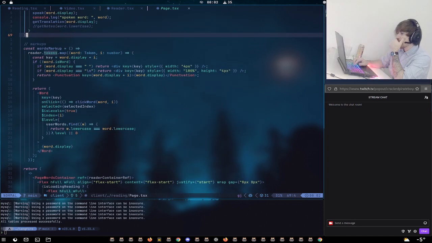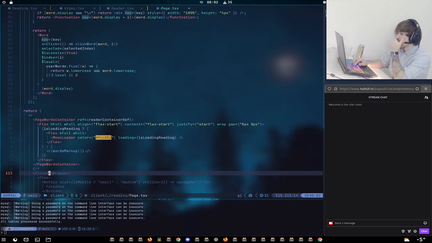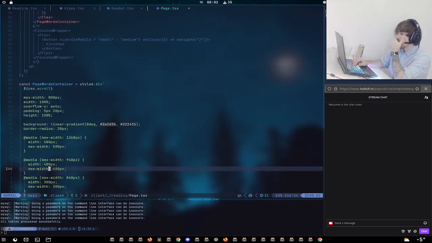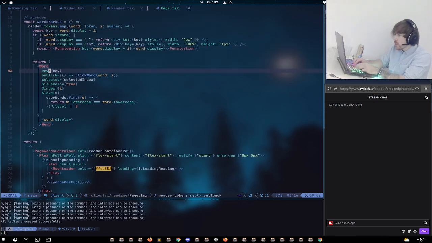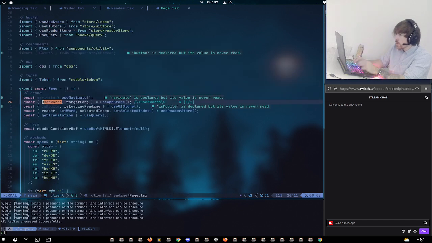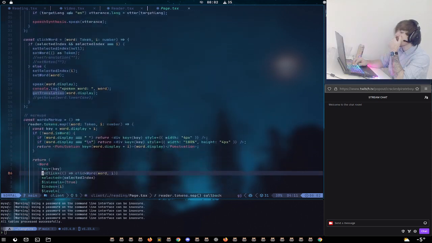Words markup. What's it contingent on? I bet it's a word. Levels and index. User words. And it gets it from the App Store.